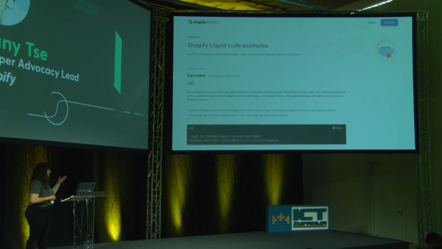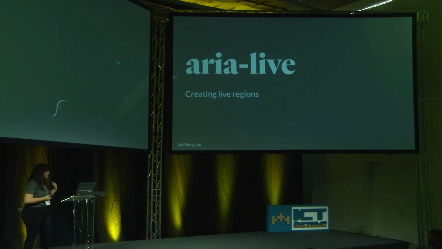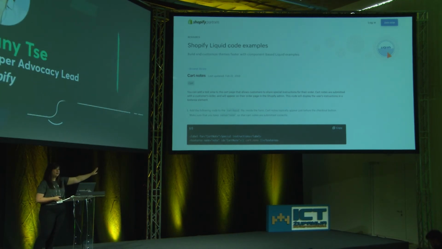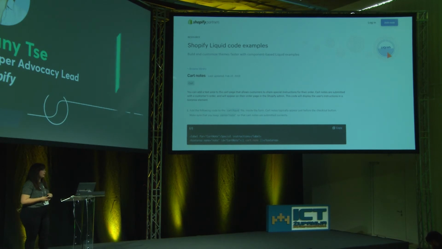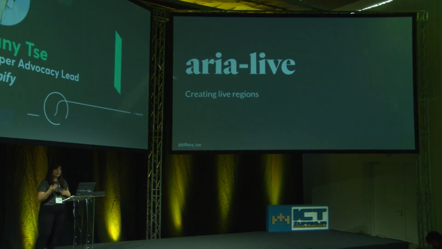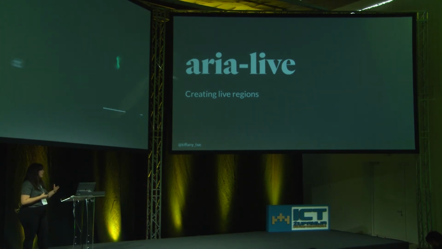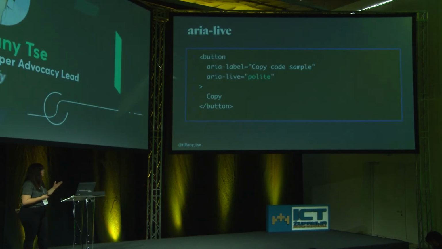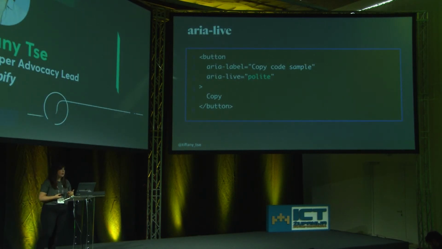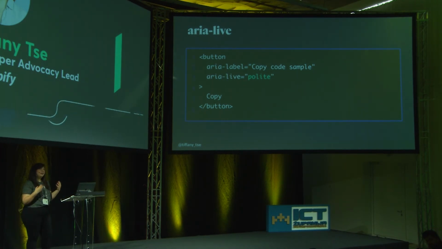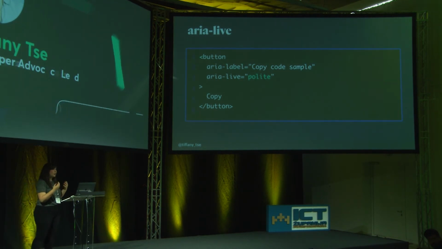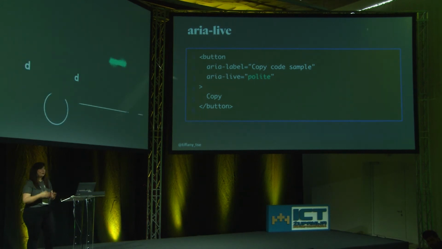And so for each example, there's actually a code snippet. And on that code snippet, there's a click to copy button to try to make it easier for people to get the code itself. And so we use, like I mentioned before, aria-live to work with screen readers. And in this case, I told you about this earlier, we set aria-live on the button to be equal to polite. And what that does is it means that when something changes within that button, like the content itself, because we changed the word copy to copied, exclamation, when they hit the copy button,